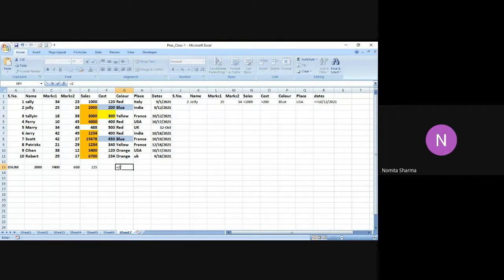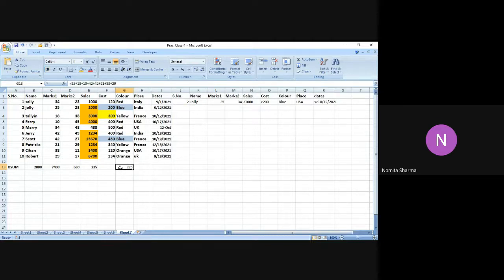It is 25 plus 18. I have 10. Then I have 42. 42 again. 21. And then I have 38. And then I have 29. So I got 225 as the answer. So my answer is correct.